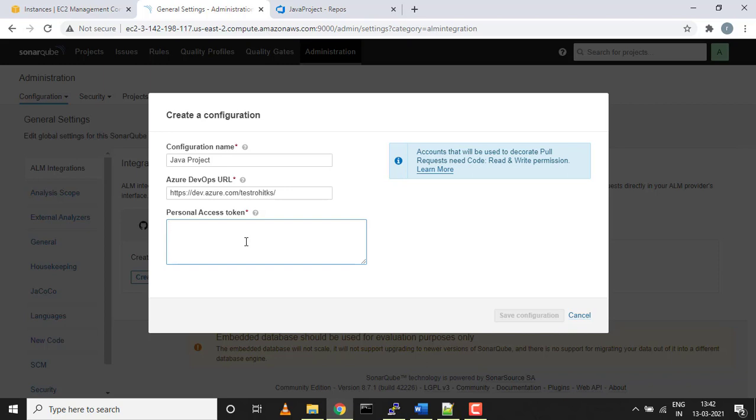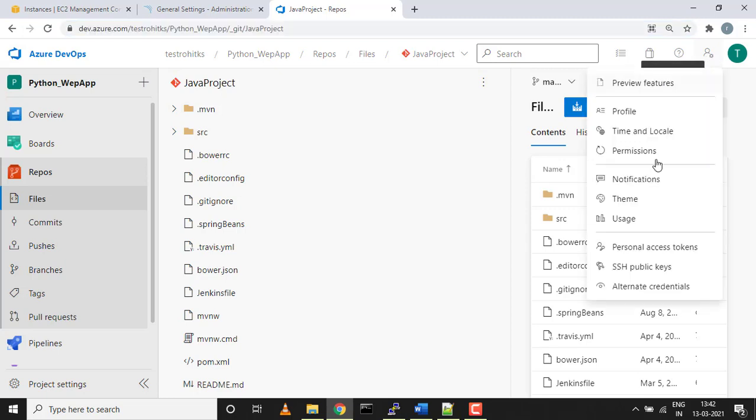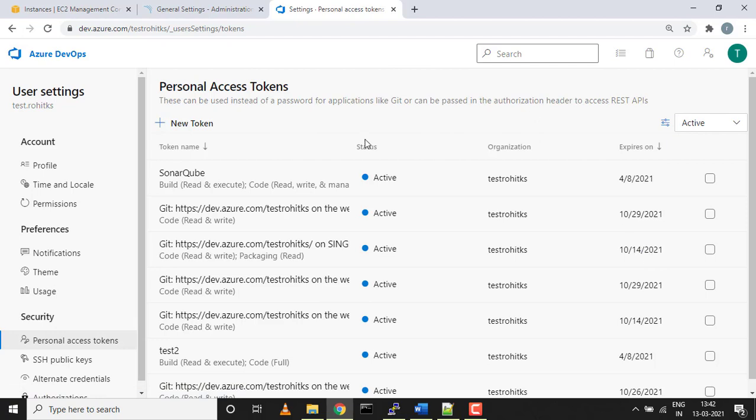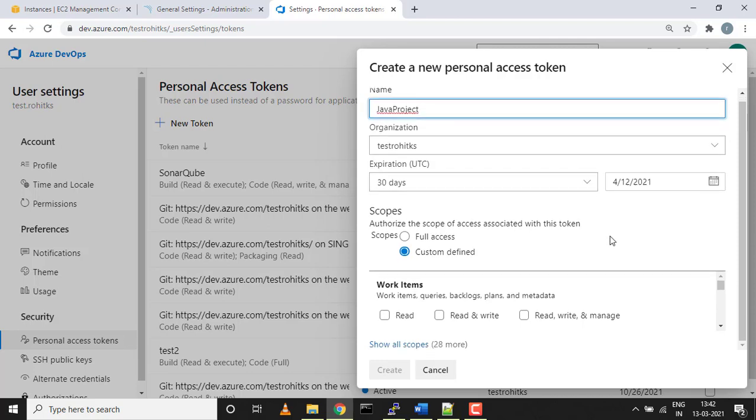So we'll go back to Azure DevOps. Just next to your profile name, open user settings, then personal access tokens. Click on new token and name it Java project. It's valid for 30 days. No need to give work item access, that is not required.